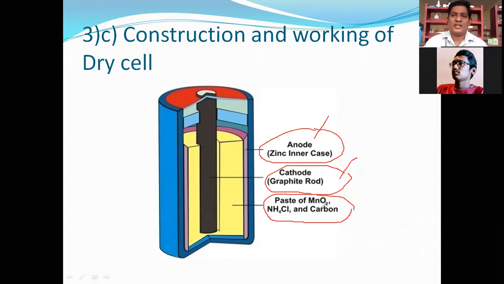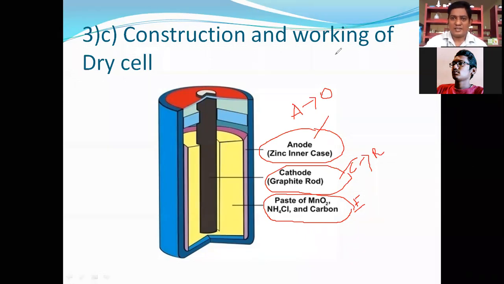When we are taking any battery, the battery must contain three components: anode, cathode, and electrolyte. Let me ask you the question, what is the role of anode, cathode, and electrolyte? The anodic reaction is always known to be the oxidation reaction, and the cathodic reaction is known to be the reduction reaction. Both reactions take place in the presence of the electrolytic medium.